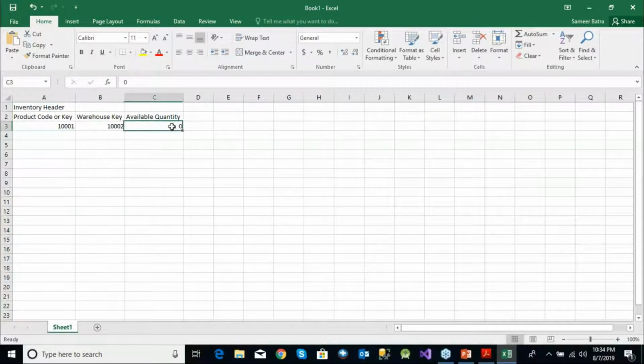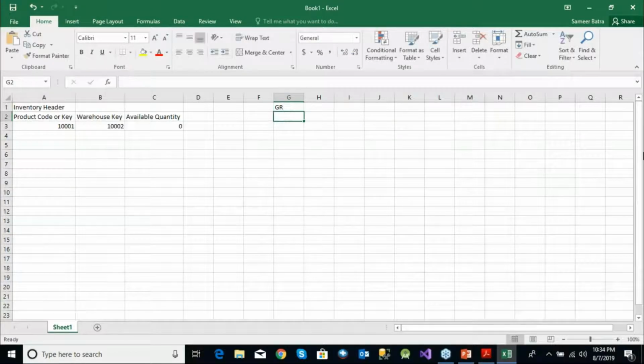Now, you cannot do business with 0. Actually, you can do business with 0 quantity, but you have to enable a setting in iVend Enterprise, allow negative inventory, and only then can you do business without inventory. So in this case, let's say that specific setting is not enabled, that is, allow transactions with negative inventory. So you need the inventory at the store. In this case, you will do a GR,